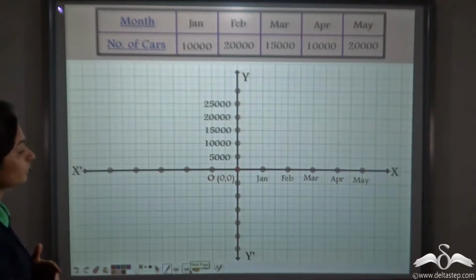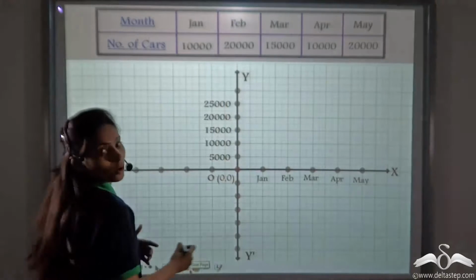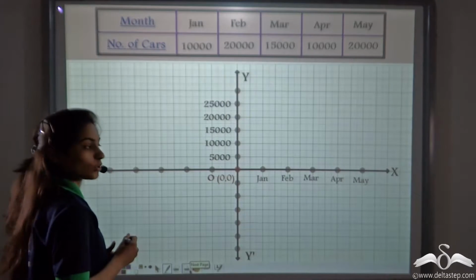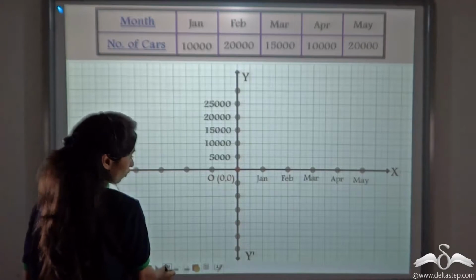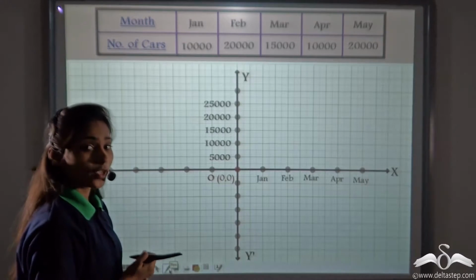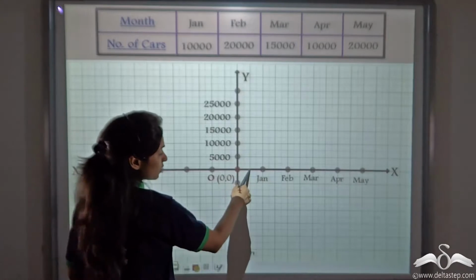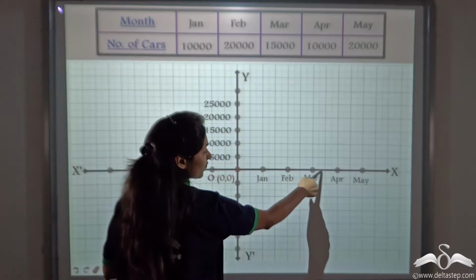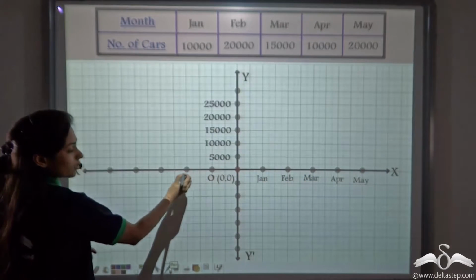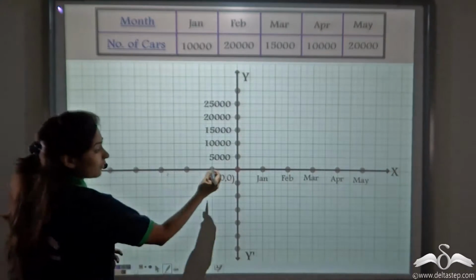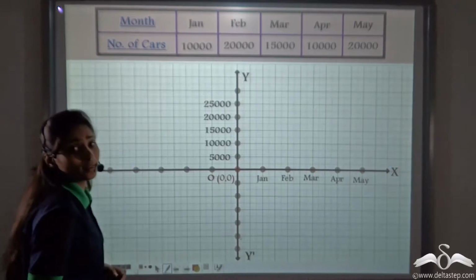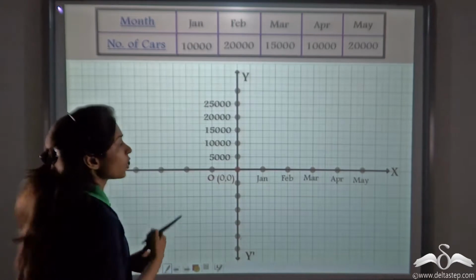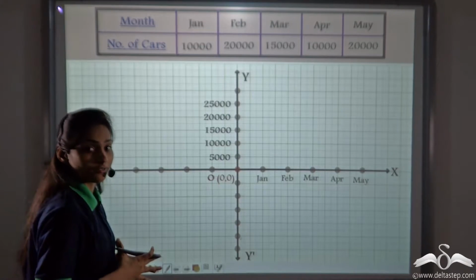See, what we have done, we have marked the two axes on the graph paper, x and y, you know that. This is the origin. Now, if you notice, earlier what we used to do, we used to write numbers 1, 2, 3, 4, 5, 6 and here -1, -2, -3 and so on. Even here we used to write 1, 2, 3, 4 and here -1, -2. Well, this will not always be the case. You can do this according to your convenience.